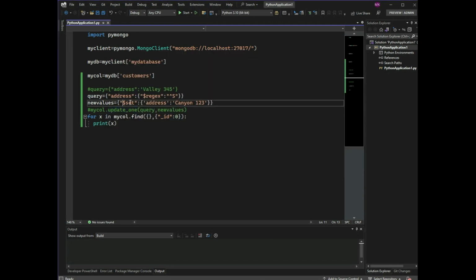So query regex, start with the S, and 2 addresses,